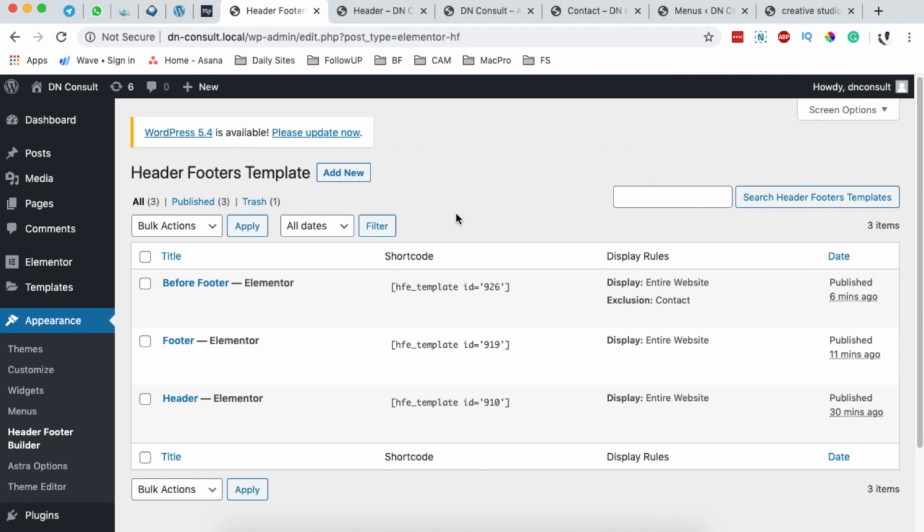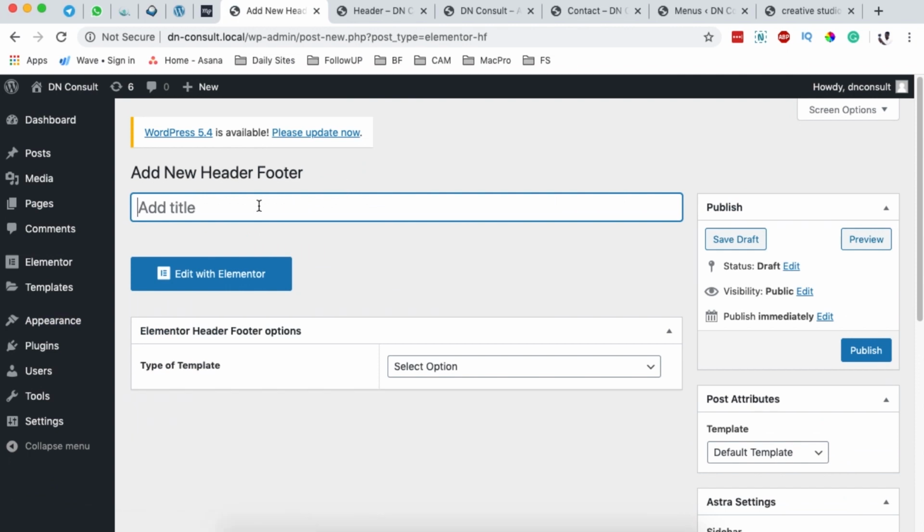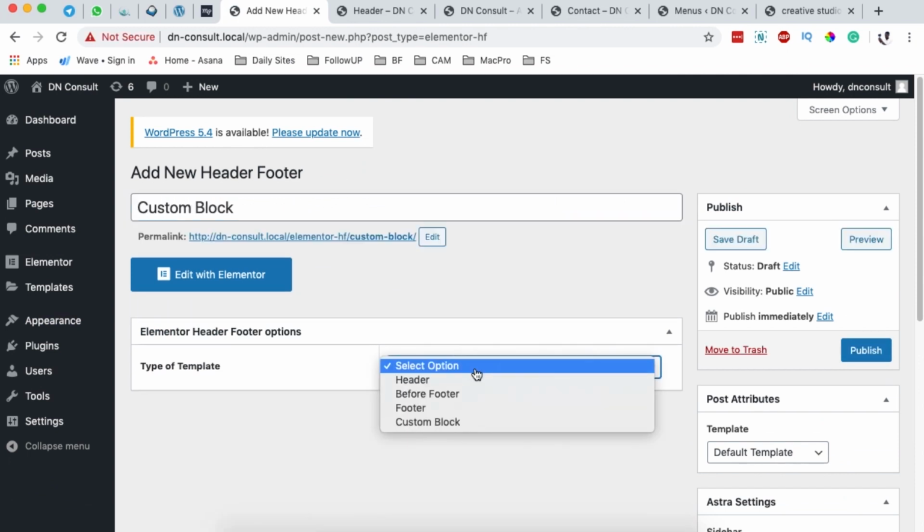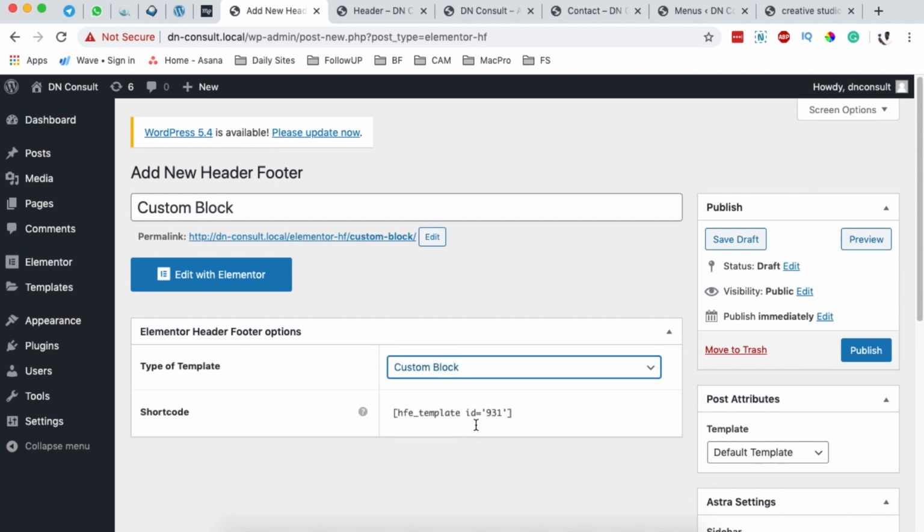The other thing that we can do is that we can use custom sections or blocks in our Elementor website using the same plugin. So by simply saying add new, and then we can say custom block, and right here we can choose the template type, which is supposed to be a custom block, and that means that we will have this shortcode, and this shortcode we will use it on every section where I want to display that custom block. So I'll simply just copy this shortcode and I'll publish this,